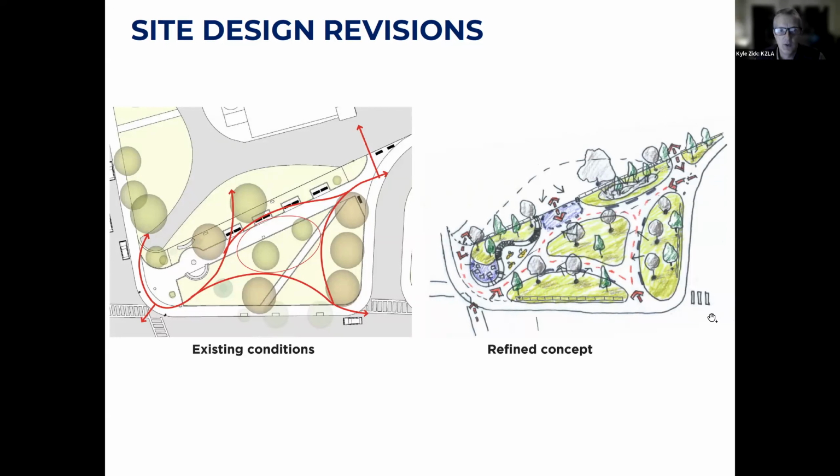Now, a lot of that form, particularly the wider path, follows the old street that was closed. So in the 1990s, when the street was closed and the park was created, the major pathway pretty much followed the old street line. And that isn't necessarily the best geometry or design for this park based on the way it works on a day-to-day basis or on a special event